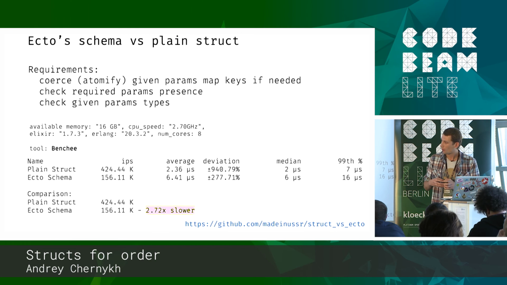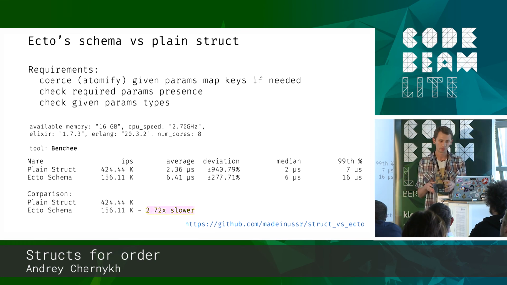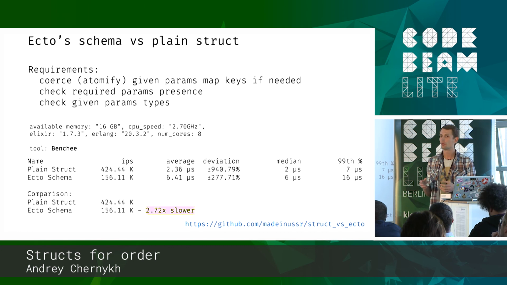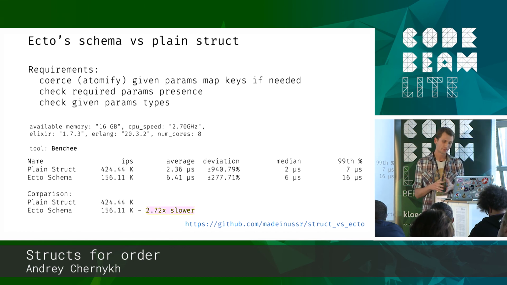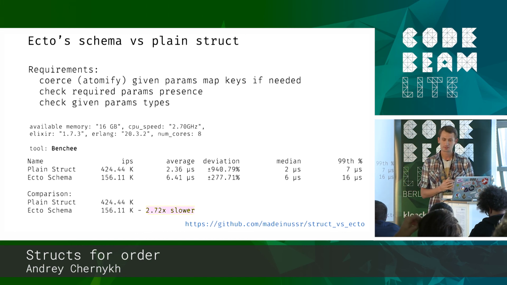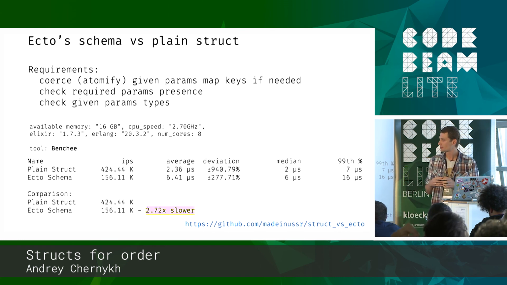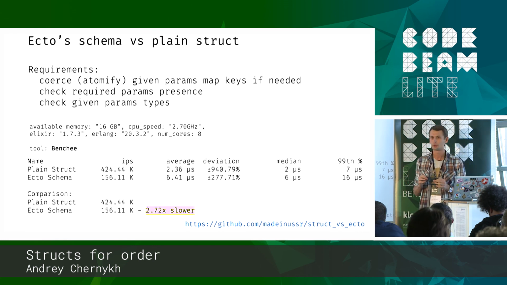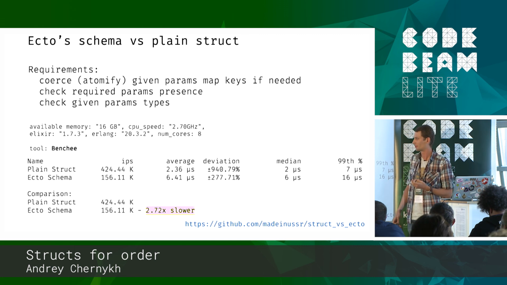And obviously the code written by yourself and for this certain case is much faster. You can use the pattern matching within your code in most cases and shouldn't provide universal and common solution. So maybe in super high load projects, if you're really interested in efficiency, you should consider plain structures written by yourself. But in most cases, anyway, Ecto is a very good choice to go with because 6 microseconds, it's great.